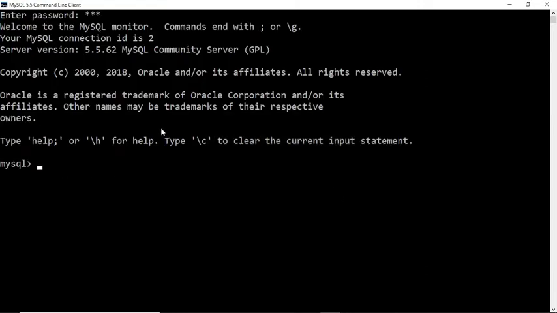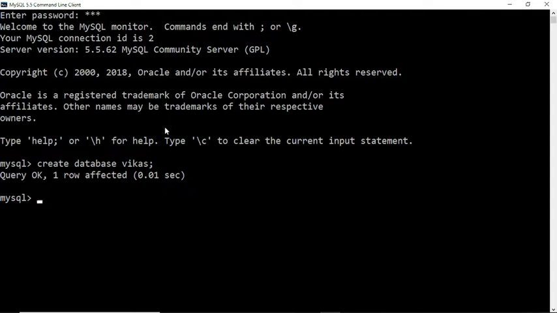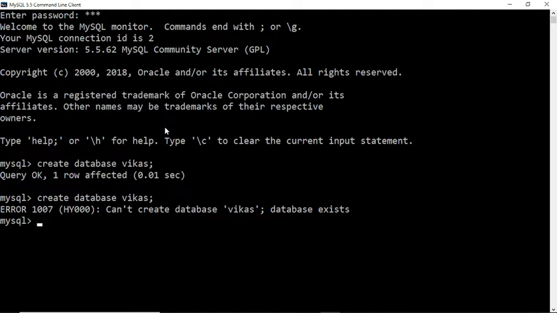Okay, so here in the database, once again. If we want to create a database, then we have two commands. The first one is create database, and suppose I am creating one with my name. If we write create database Vikas, and the database named Vikas does not exist, then it will be created. But if it already exists and you give this command again, an error comes. So we have another command, create database if not exists.